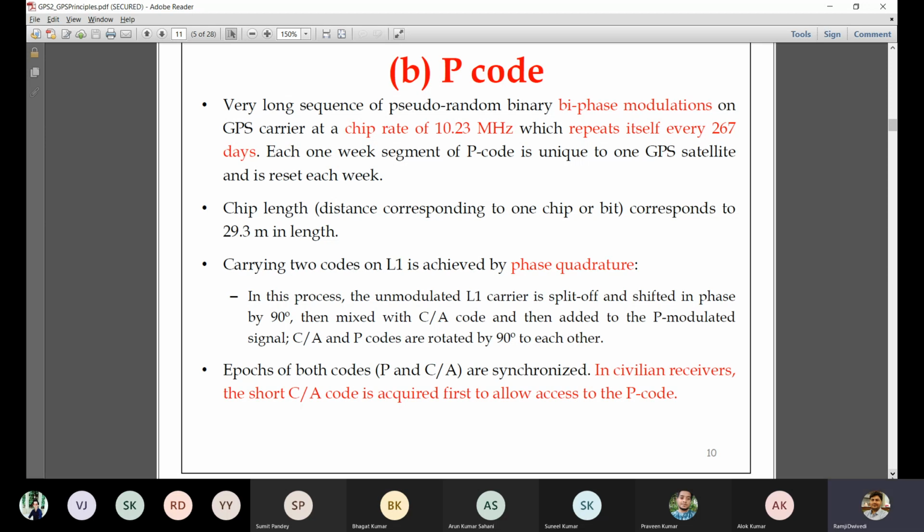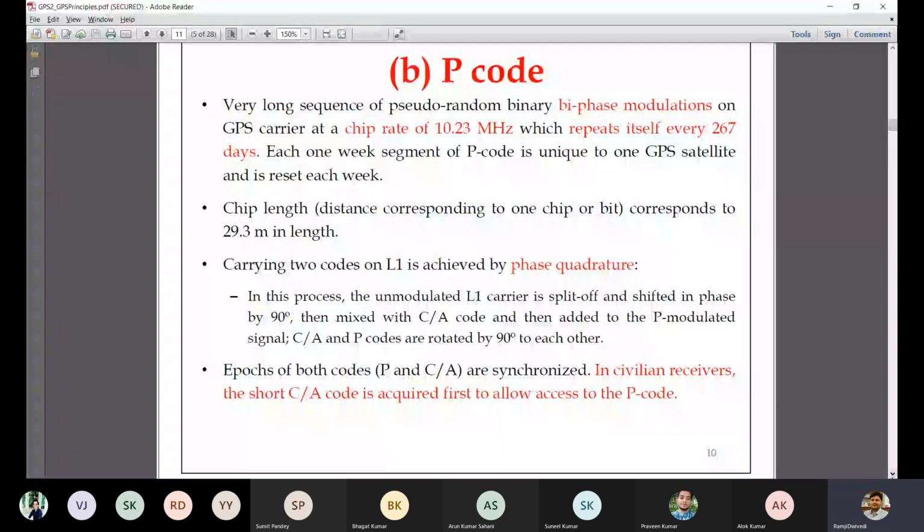Each 1 week segment of the P code is unique to one satellite and is reset each week. The chip length, since it is 10 times the chipping rate, would be reduced to one tenth. That is, frequency is always inversely proportional to wavelength. So the chip length would be